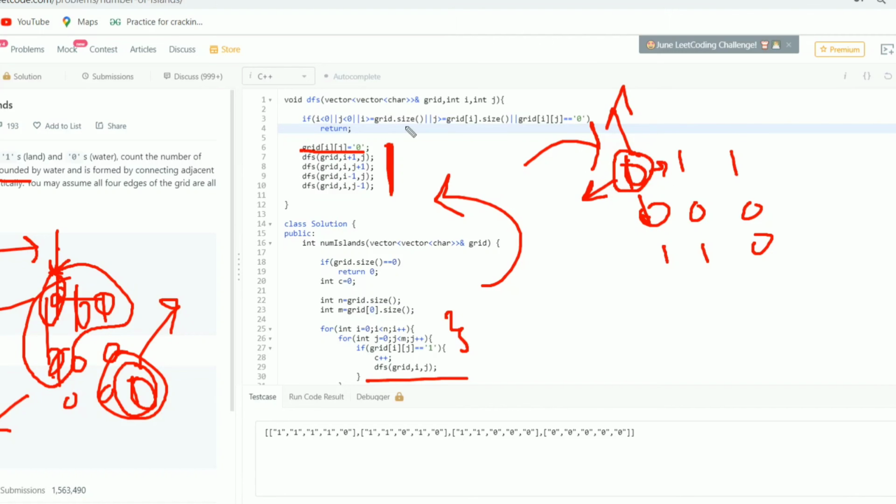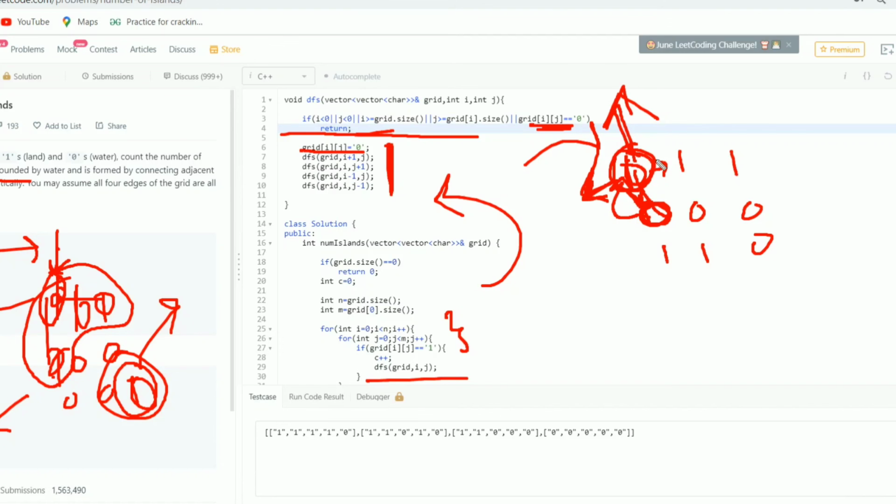As we know, in the base case what I have written is that we can't move in the upward direction because it is out of the boundary, and the same in the left direction. In the downward direction we cannot move because we are encountering 0. I have written here that if we are encountering 0, just return. So if I am moving in the downward direction and encounter 0, I'll just return to the caller.